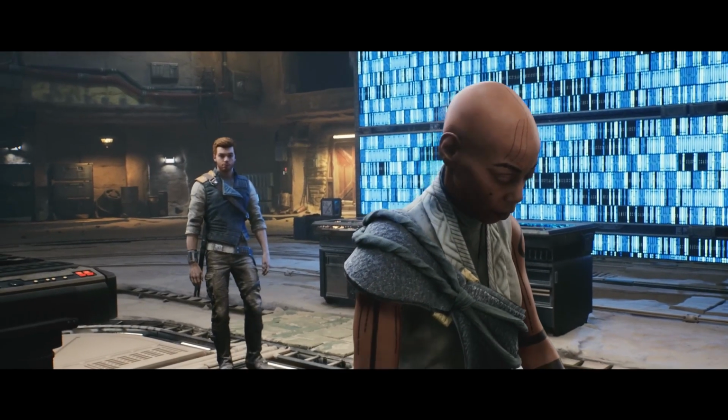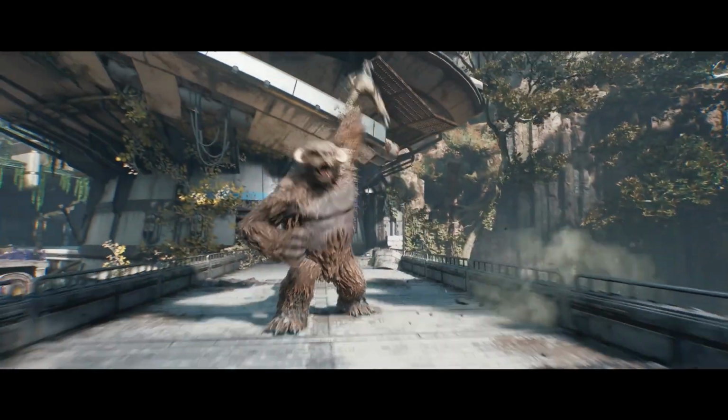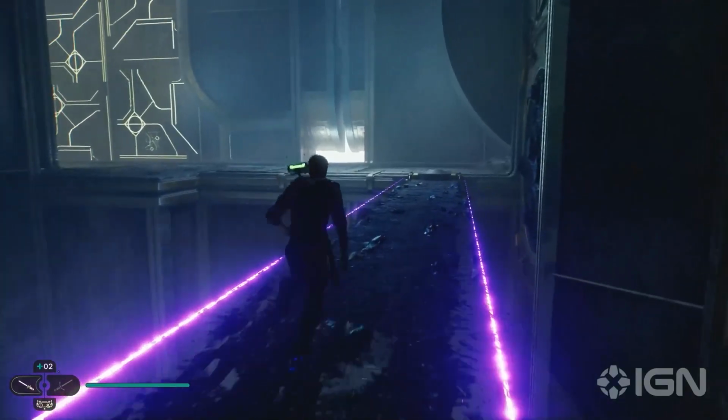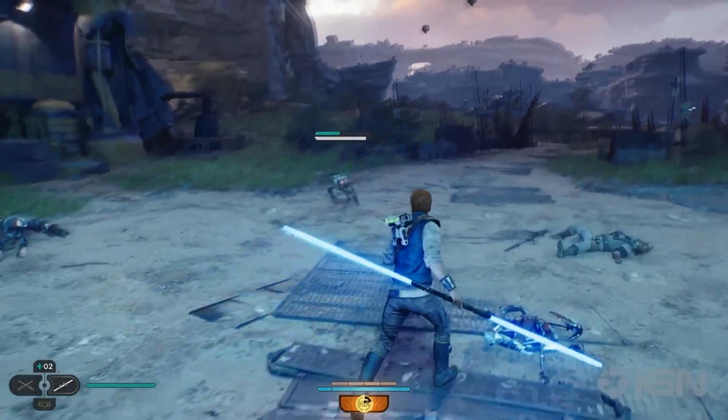Despite Fasir, we haven't seen whether or not Greez or Merrin will be joining Cal's adventure, or if they will be able to assist us in our playthrough. In saying that, it would be epic to see Seer Junda reignite her lightsaber and join Cal as we take